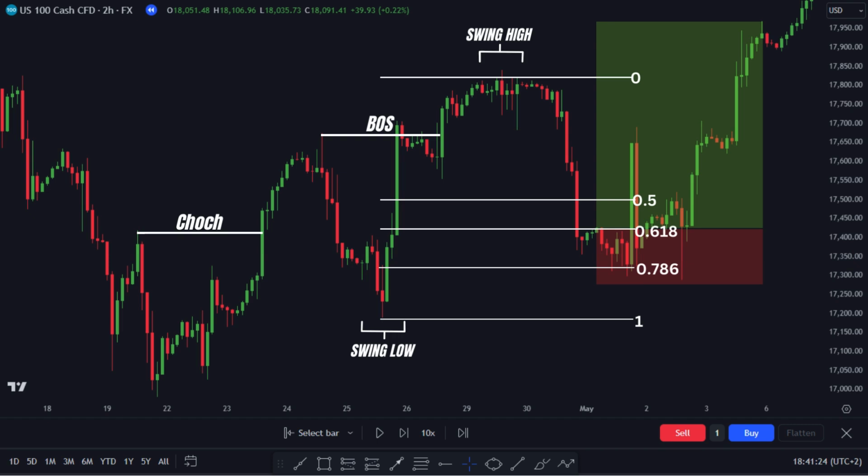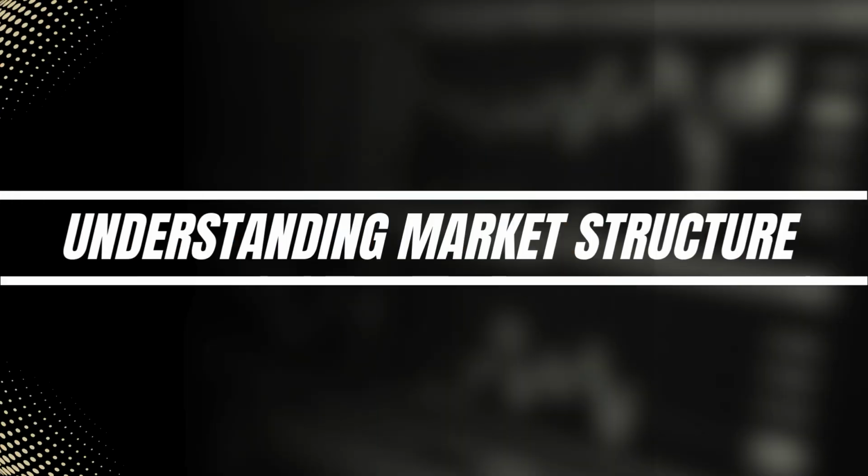With these 3 examples, I hope I've been able to demonstrate how this simple yet effective strategy can significantly revolutionize your trading game if applied correctly. By applied correctly, I mean you need to understand market structure. Market structure helps you know when to look for short-term and long-term buying and selling opportunities in the market. So now, let's look at market structure and see how you should trade this strategy in line with your current